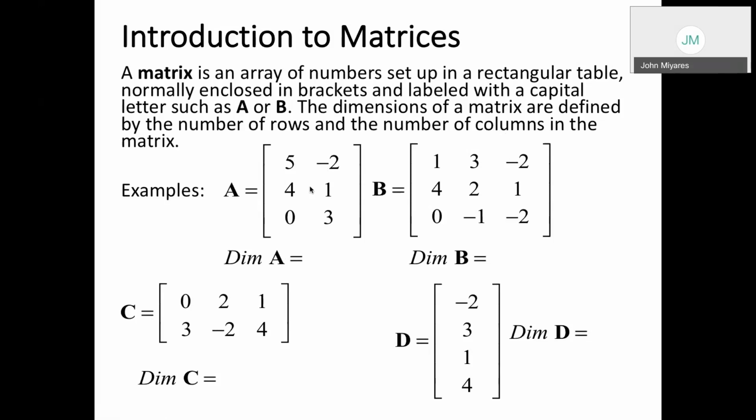The dimensions of a matrix are defined by the number of rows and the number of columns in the matrix. So when I want to discuss the dimensions of a matrix, what we're going to do is count how many rows and how many columns each table or matrix or array has. As a reminder, rows go horizontal and columns go vertical. If you need a better visual to help you remember which ones are rows and which ones are columns, you can think of it this way. Columns hold up buildings, so those are going to be vertical. Farmers plant crops in rows, so those are going to be horizontal. Based on that,